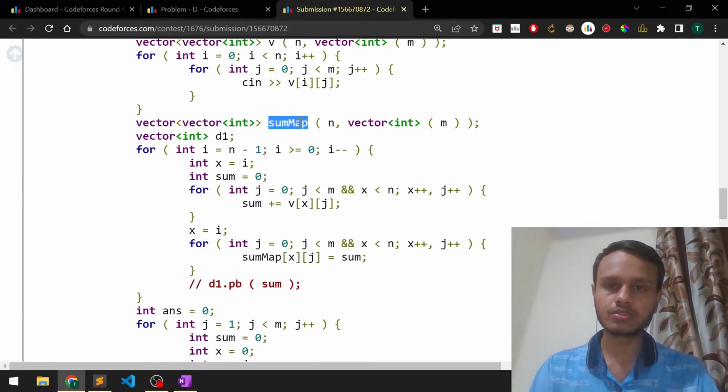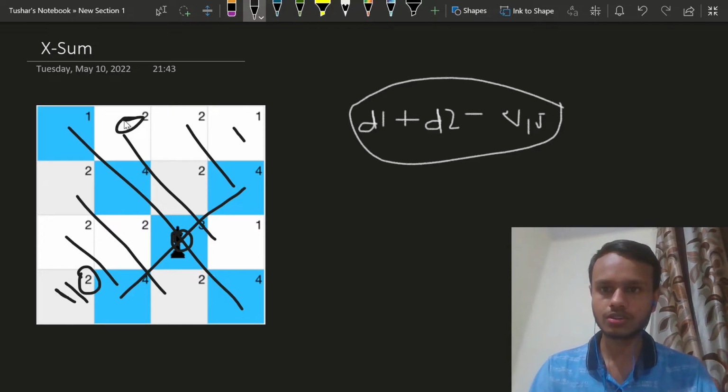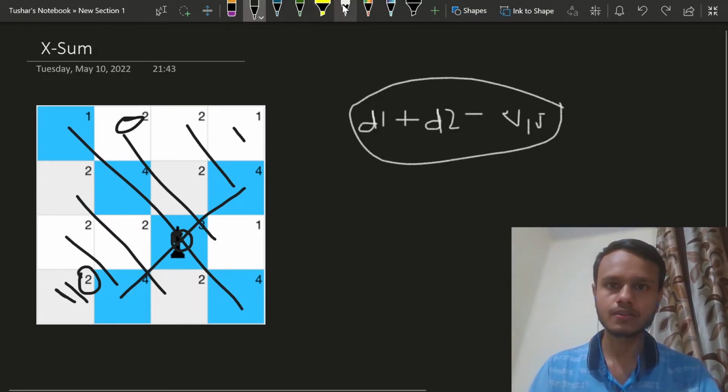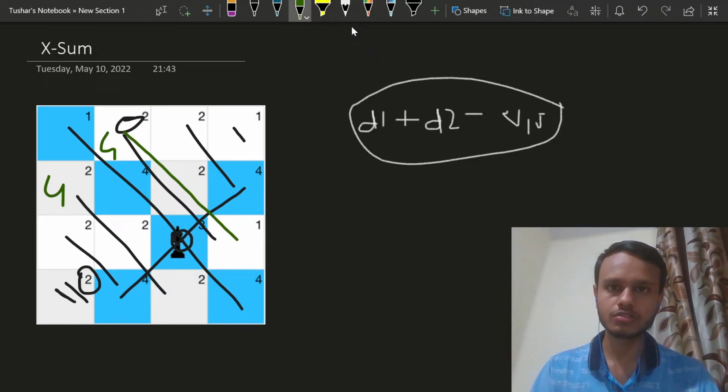You can consider it like another grid only, and in that grid at this position I'll be having the sum of this diagonal stored. So the sum of this green diagonal, which is 4, will be stored at this position as well as at this position. So when I will take the sum of this diagonal,